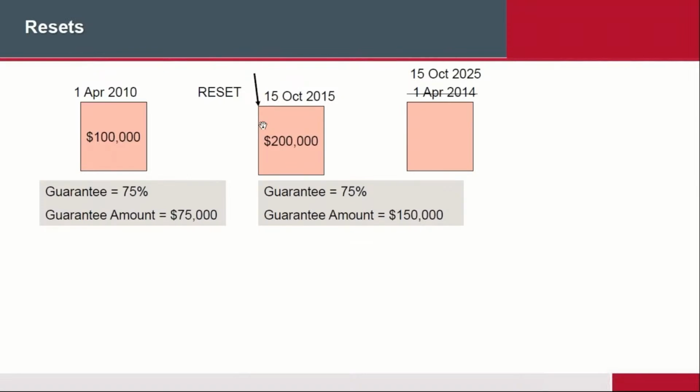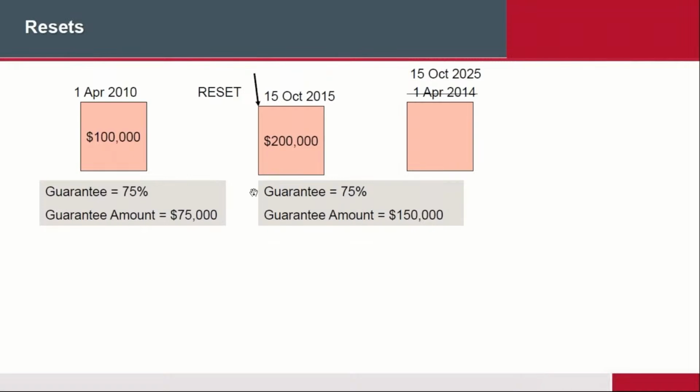In other words, you lock in your gains. You don't want to lose that $200,000. At the same time, you don't want to cash it in either. And so, therefore, you say, "All right, can I lock in my gains?" And the answer is yes, you can lock in your gains by reset. So you can reset. Some companies will allow you to reset once a year, 2 times a year, all that sort of stuff there.